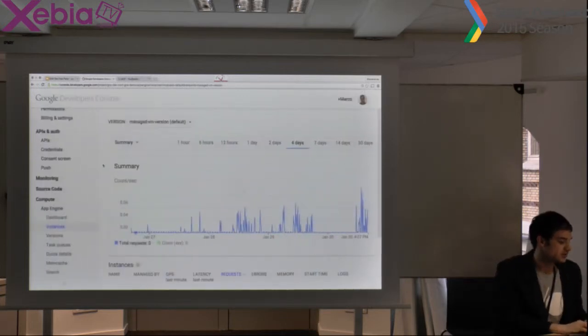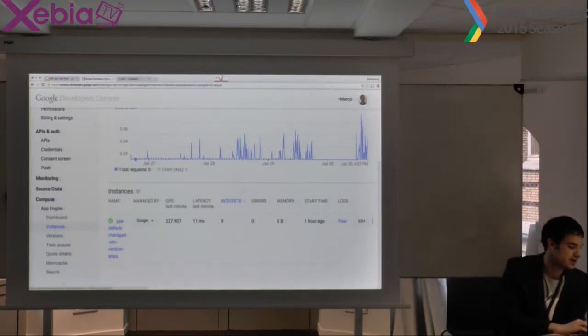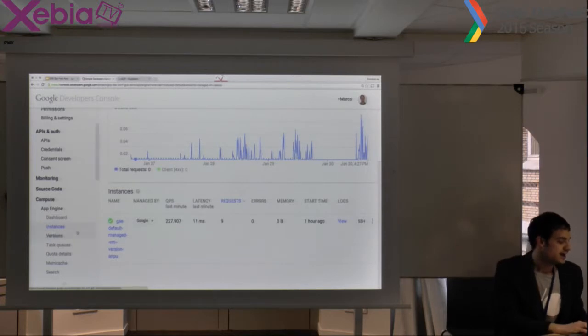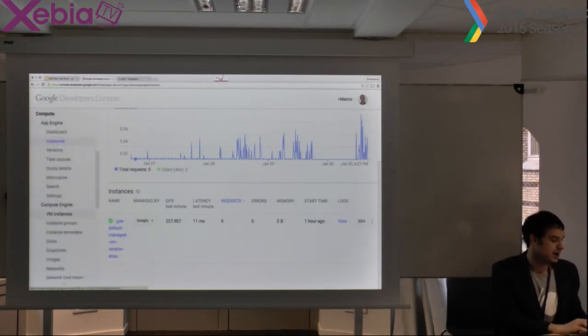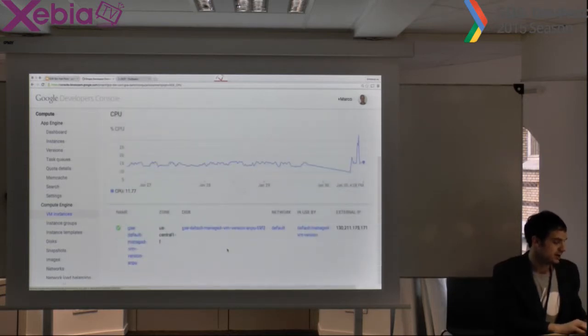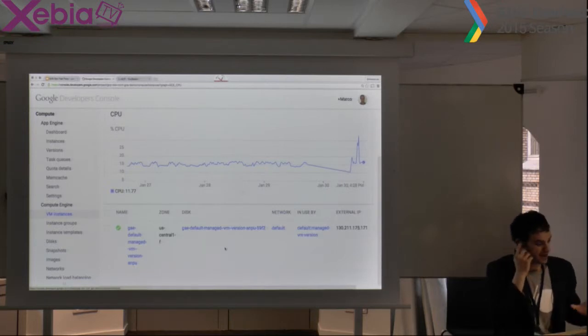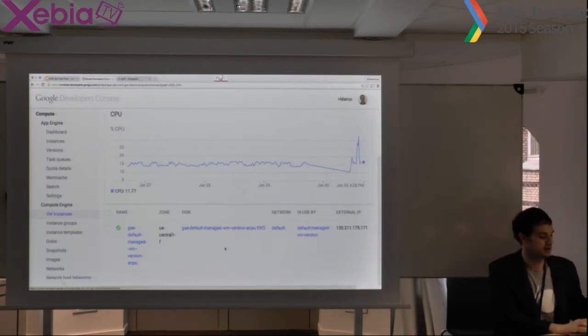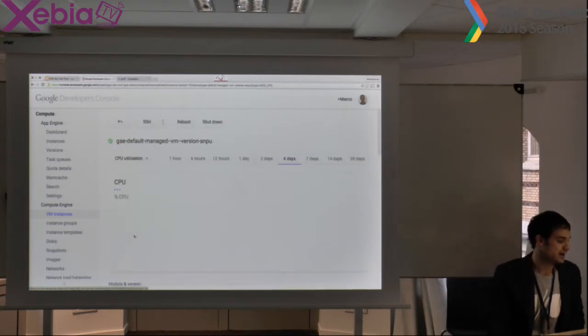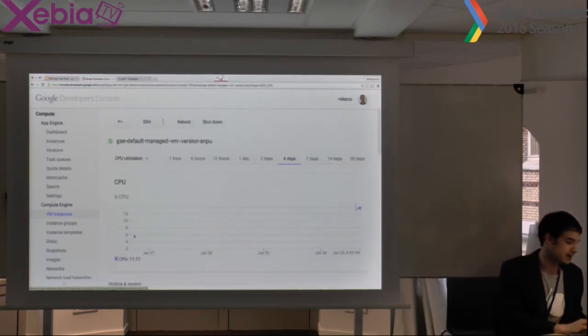Okay, as you can see, we are inside the instance, an instance of Google App Engine, and Google has created for me this Google App Engine fully managed VM. If I click on Compute Engine, I will see exactly the same machine. Here it is, the same machine, because my application is an App Engine application, but it is running on Google Compute Engine. If I click on the application just to see the details of that application, I can